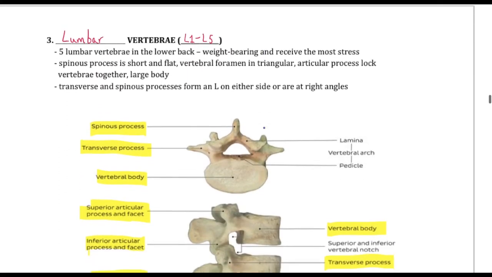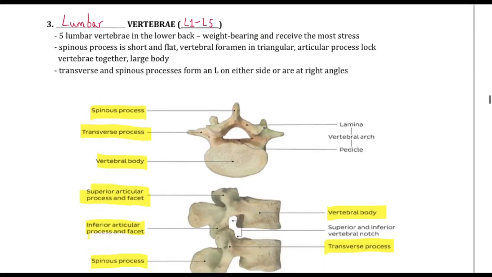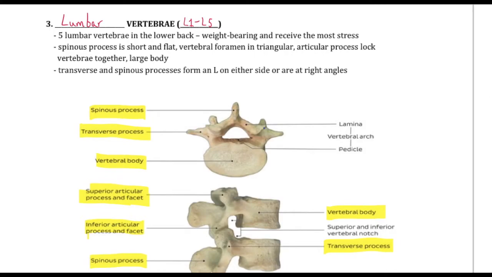And then we have, last but not least, our lumbar vertebrae. So this is going to be L1 to L5. A good way to remember our cervical to thoracic to lumbar vertebrae is times that you eat. So, when you think of times you eat, usually it's like, now, not during school time because we start school at 7, but usually it's like 7, 12, and 5. So 7 cervical vertebrae, 12 thoracic vertebrae, 5 lumbar vertebrae. Okay? Now, our lumbar vertebrae,